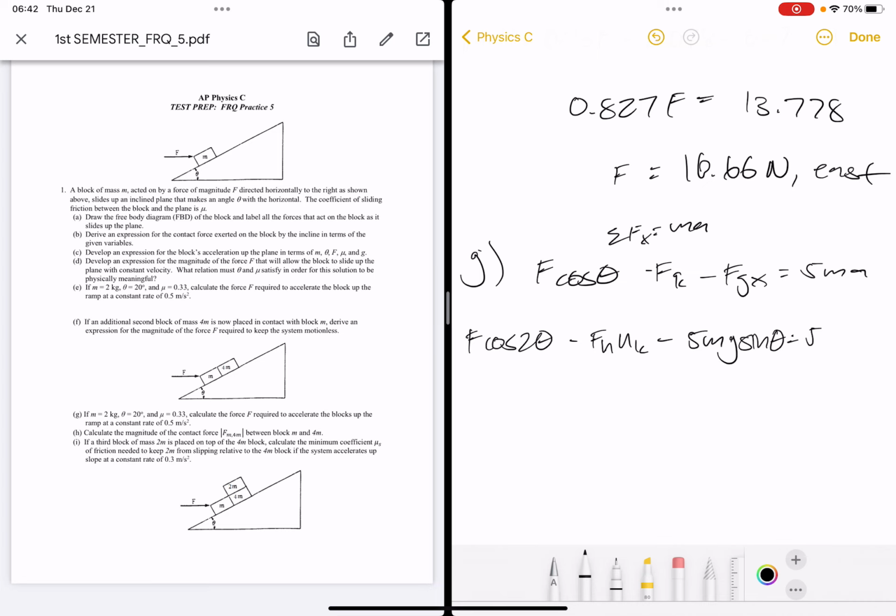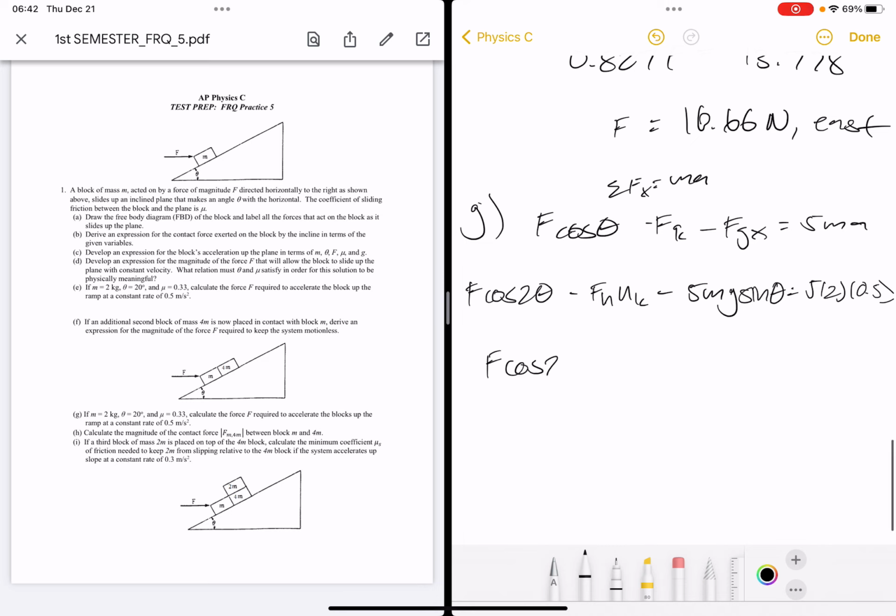It's 5. M we know is 2. A we know is 0.5. Keep solving. F cosine 20. I'm making my 20s with theta. 20 minus 5 mg. I'm gonna plug in Fn, so 5 mg cosine 20 plus F sine 20 times 0.33, and this is plus